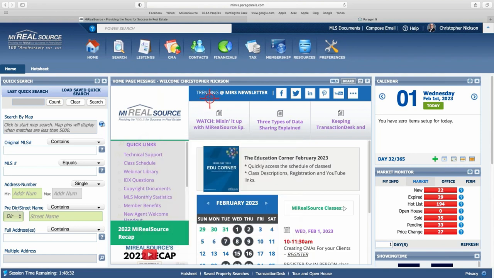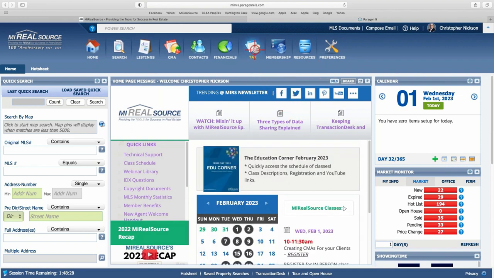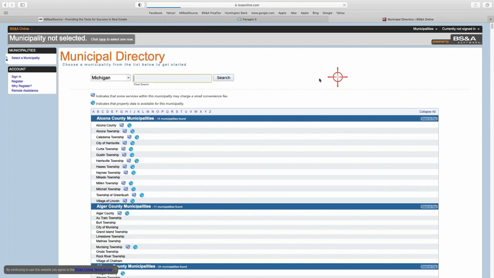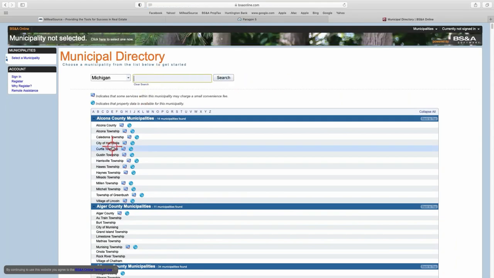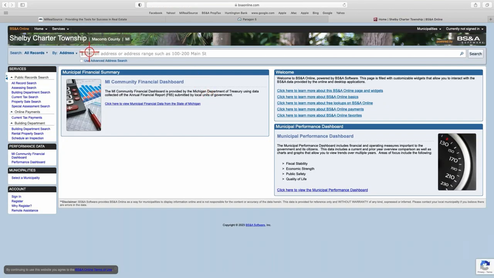So the address I'm going to use today is 46493 Kramer in Shelby Township. So we're going to start the tax search by going to BS&A online. And this is where you enter in the municipality, which is Shelby Township, of Macomb County, obviously. And you enter in the address, 464